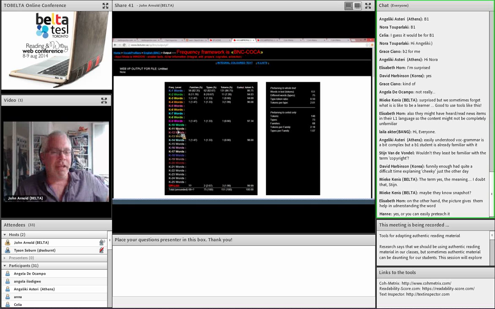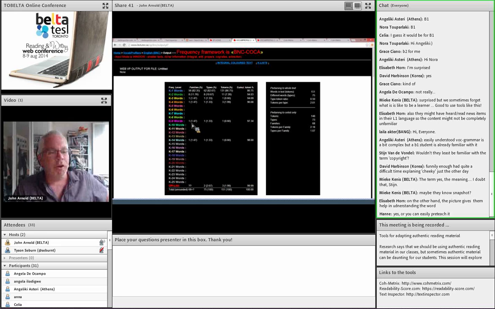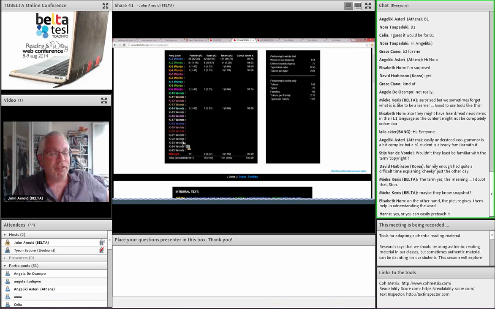And so you can see that this isn't too bad. It's got almost 97% at the 4,000 word mark. So that's pretty good lexically, which actually matches with what we saw earlier, the fact that the majority of the words are at the A1, A2 level. There's a few words. There's one word at the 9,000 word mark and one word at the 14,000 word mark. Again, these are words I may want to change just to make it a bit easier for my students. And there happen to be two words that are off the list.